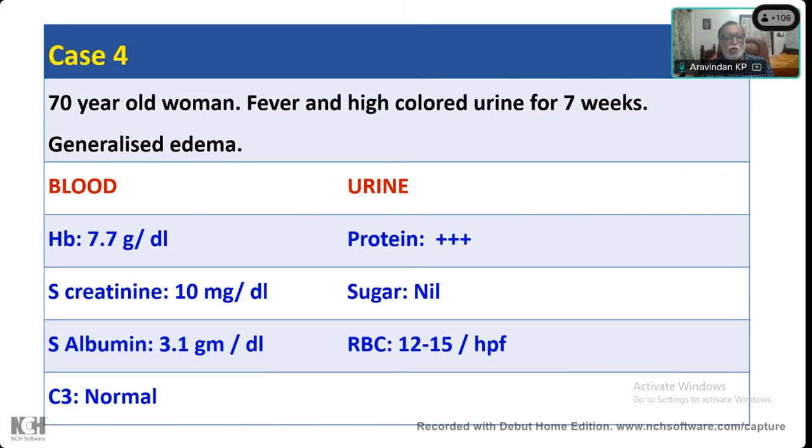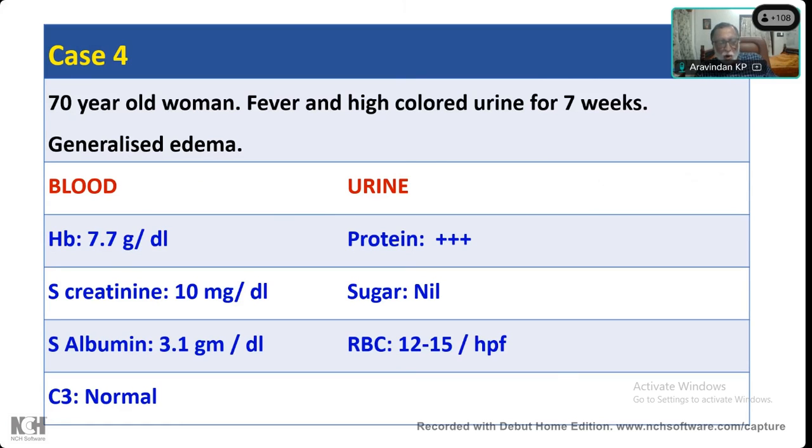So, what would you conclude from this? What are the abnormal things here? Increased serum creatinine. Yes. Along with proteinuria and RBC, both protein and RBC leaking this much means that there is some severe damage to the glomeruli. Would you agree? Yes, sir. So this is a glomerular disease. I would say that this is a glomerular disease.